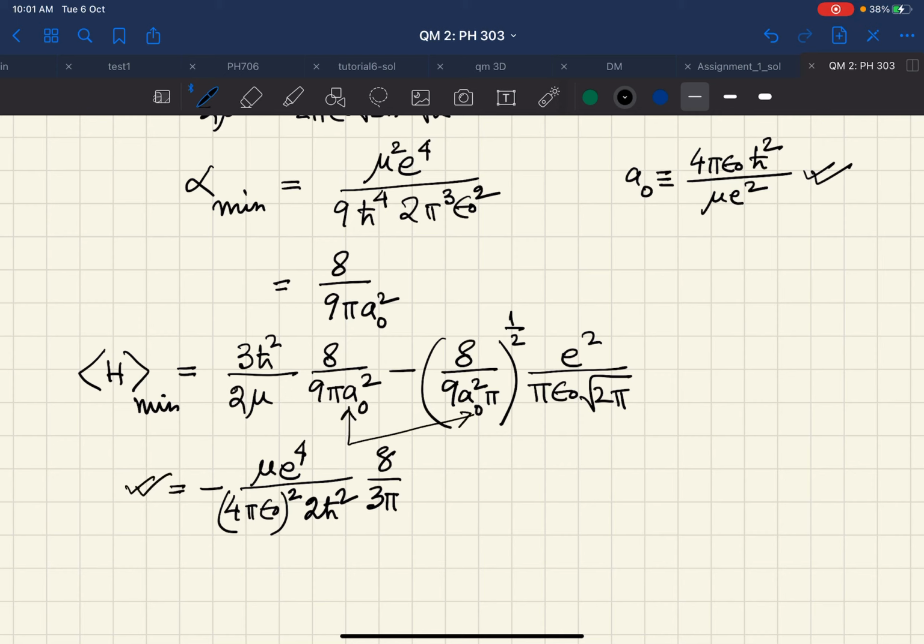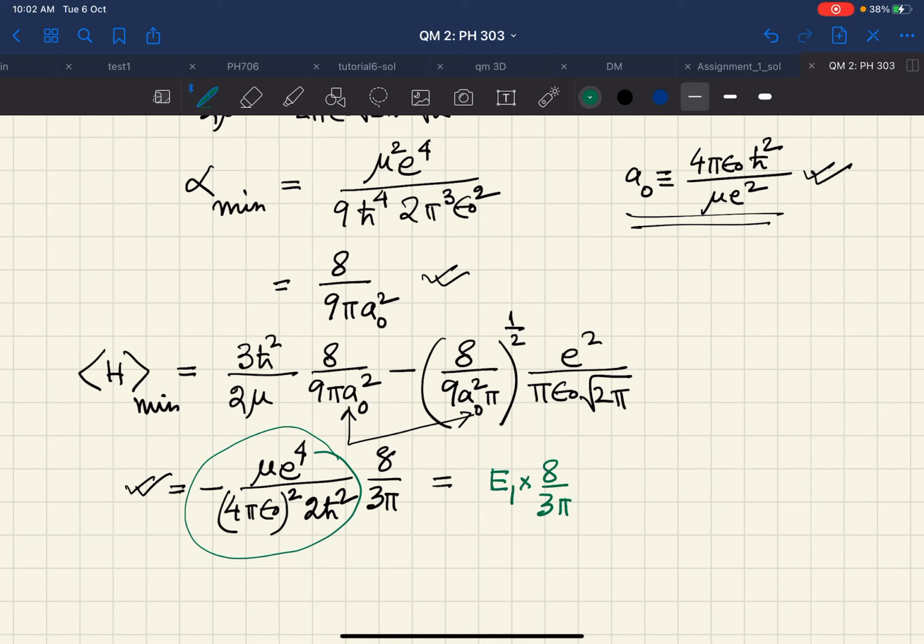This was written in just to give you some idea of what this 8 by 9 pi, or what this alpha min is, in a shorter notation. But we need to get some numerical values, so we would like to write this in terms of the hydrogen energy. But you identify immediately that this is nothing but your ground state energy of the hydrogen atom. So this is E1 into 8 by 3 pi. So this is nothing but roughly equal to 0.85 E1, and this is therefore